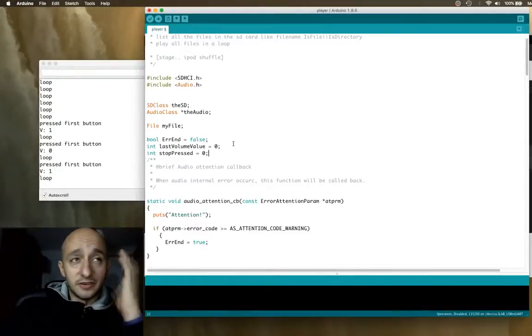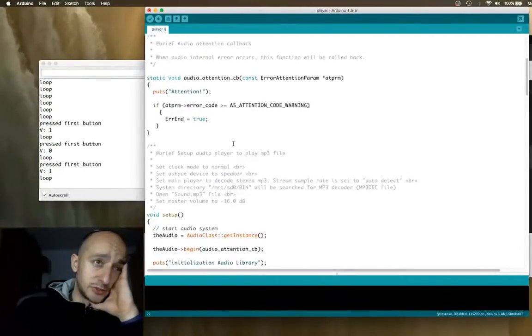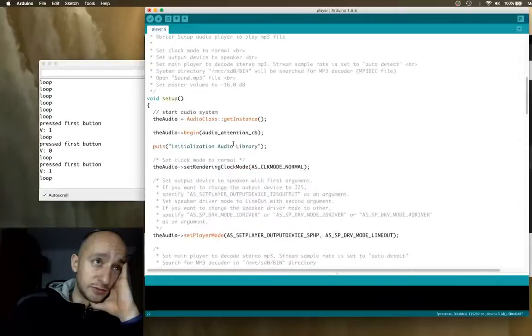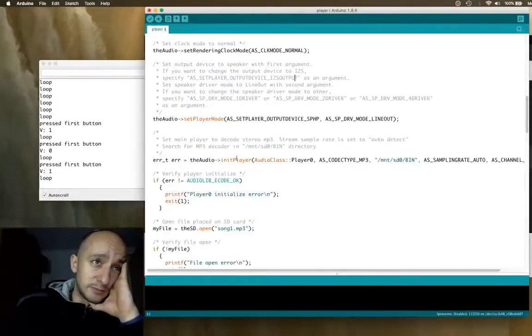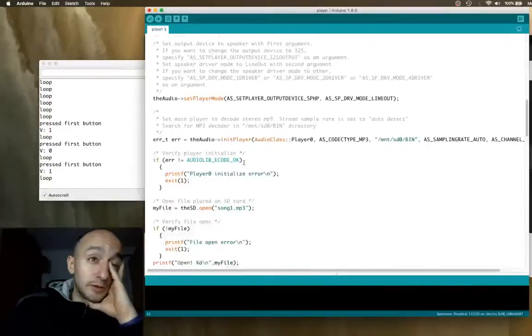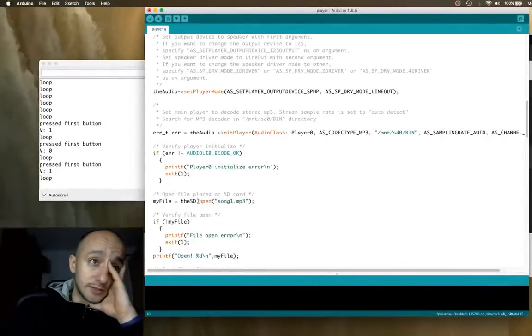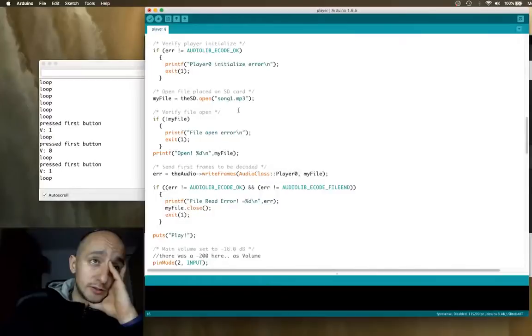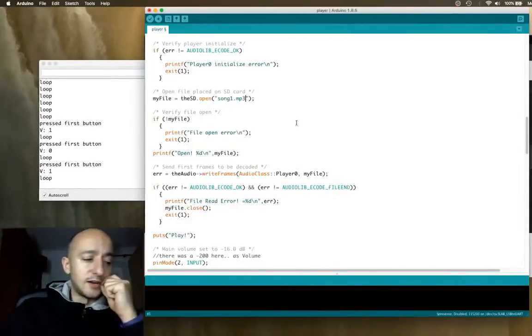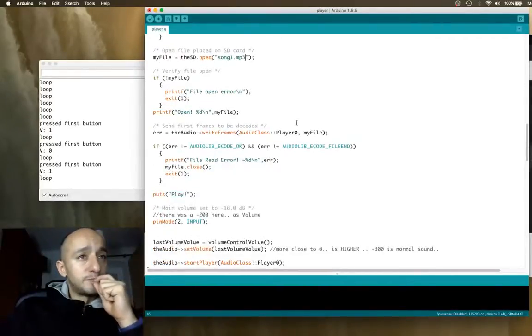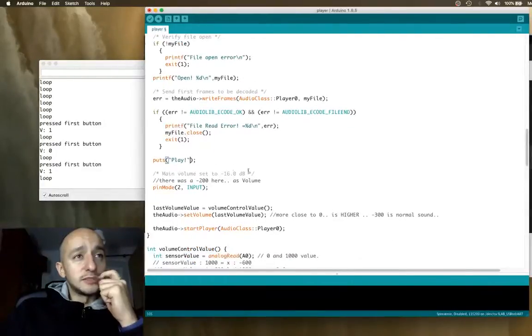I inserted a variable stop preset, but I will change this side of the code. So in this setup is the basic example. It inits the player, and I think it's correct, and it loaded open. It opened the only file I have on the SD card of the board. Then there is write frame, there is a play,